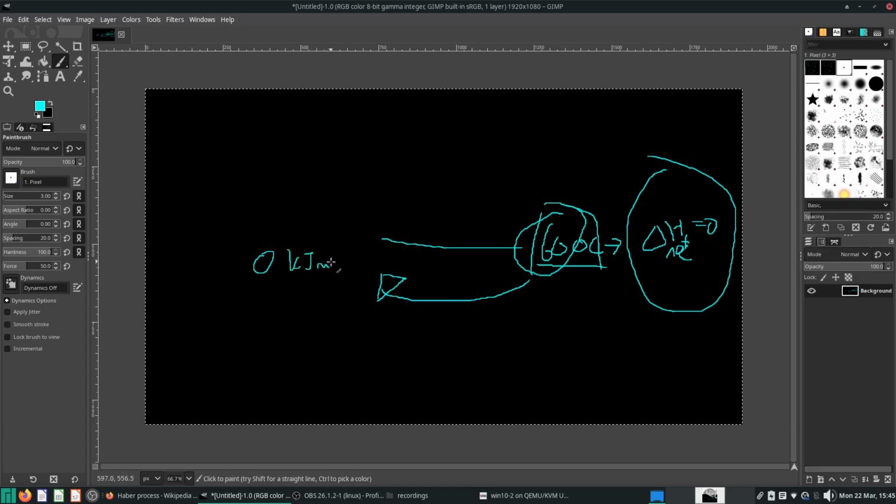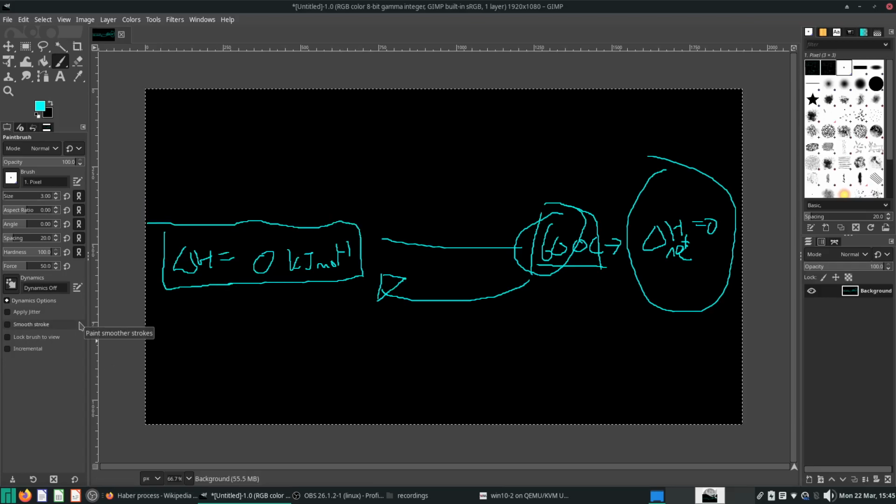kilojoule per mole, or whatever units you want. Delta H essentially equals 0, meaning the forward and backward rates are at equilibrium. So if I have a transfer function of minus 500 over 2s plus 1, what I need is the output, which is Y(s), to be the transfer function multiplied into the input, right? So this input